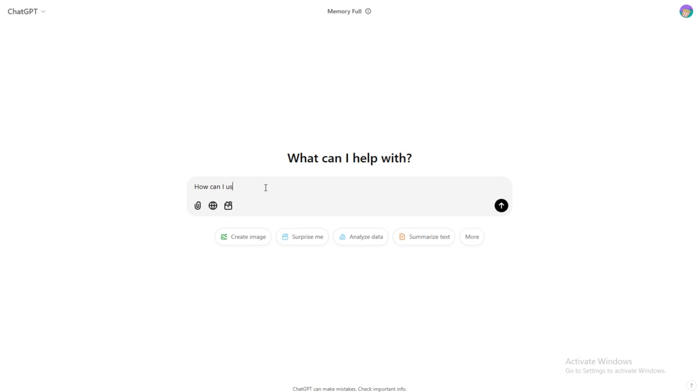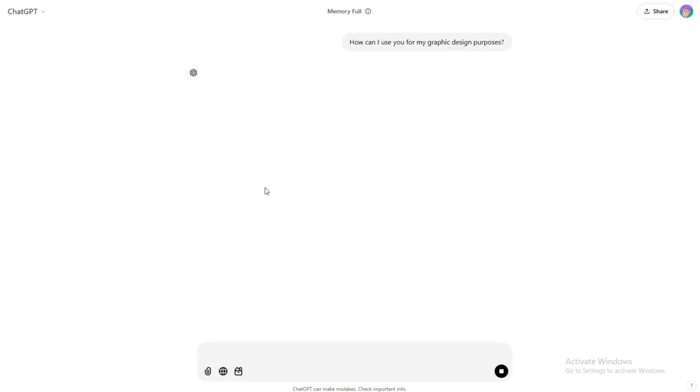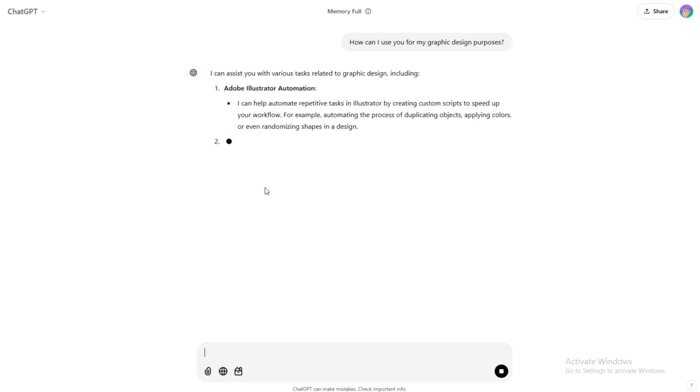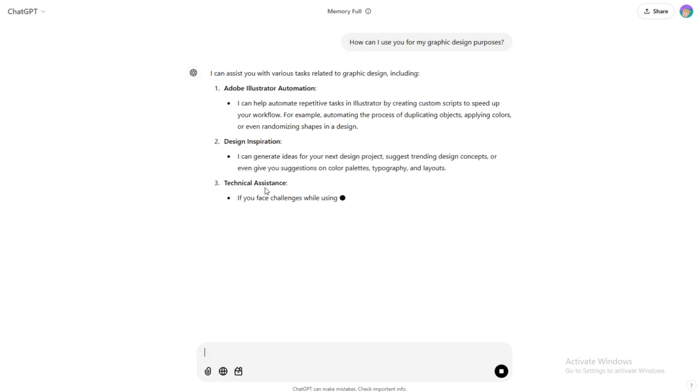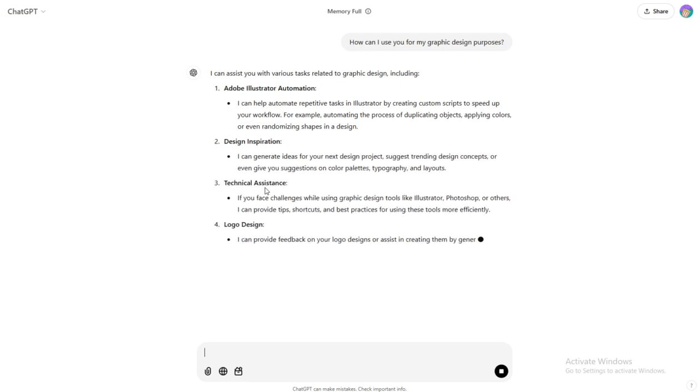How can I use you for my graphic design purposes? So I have copied this and firstly sent it to ChatGPT, and it has replied that it can assist me with various tasks related to graphic design, including